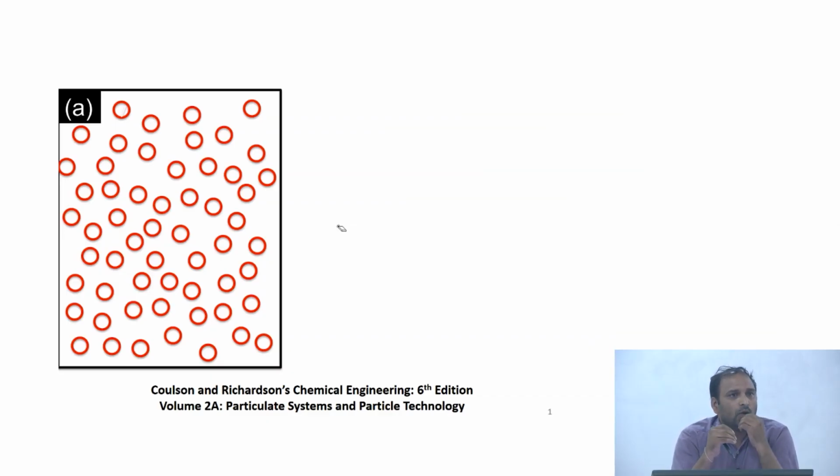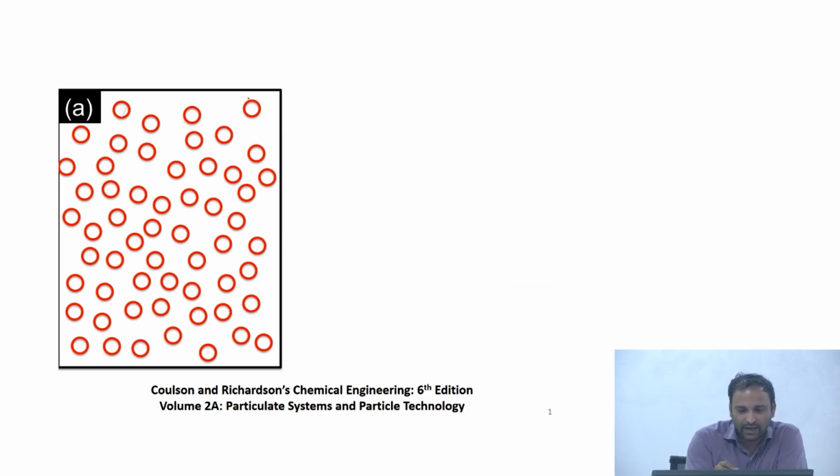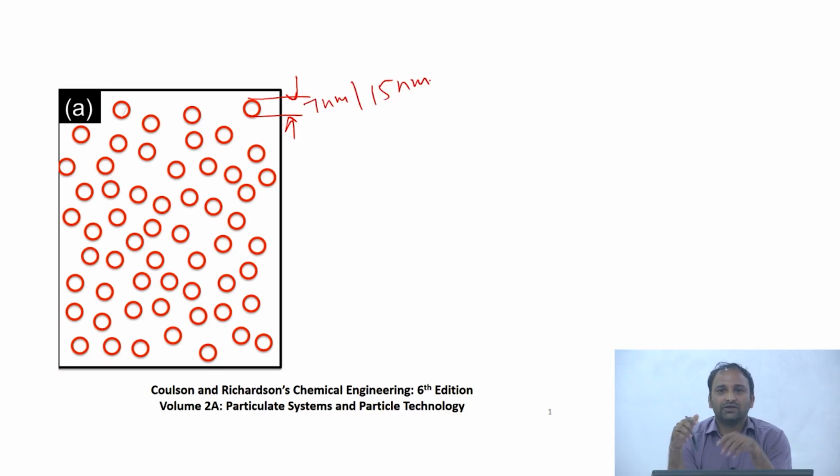Say the dimensions of these particles are very tiny, sub-micron size, say a 7 nanometer particle or a 15 nanometer particle. When the particles are very small, it so happens that even if you want to use external force, like